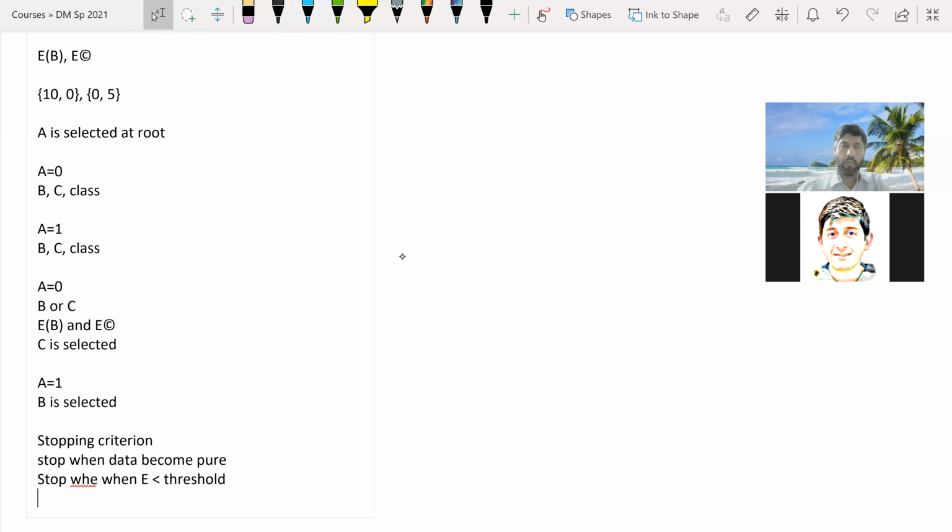And of course, you will always stop if you have exhausted all the attributes from the root to the leaf node. जैसे हमारी एग्जांपल थी, हमने ऊपर A लिया, लेफ्ट पाथ पे C लिया, and if we had taken B, उसके बाद तो further split हो नहीं सकता था, because there are only 3 attributes in our data set. ठीक है, तो but in practice the usual stopping criteria is the homogeneity of the data that goes to a particular branch or leaf node, and you check it over a threshold.